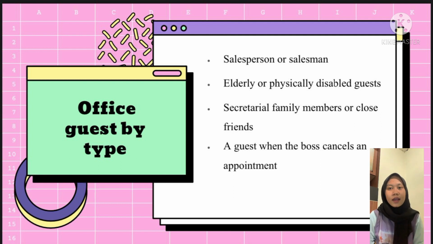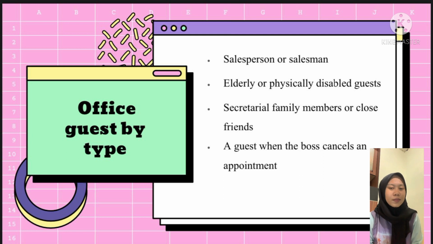Eight, elderly or physically disabled guests. Accept them fairly, and don't be rude to them. Nine, secretarial family members or close friends. If you want to talk about problems that take a long time, then take them to the guest room. It is not allowed to chat for a long time during working hours. Apologize and explain why. Ten,